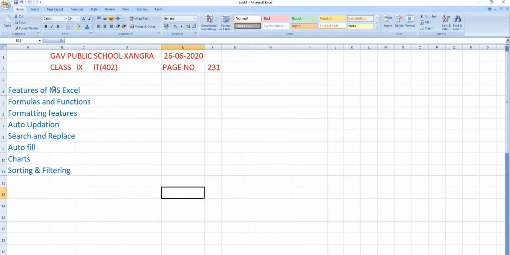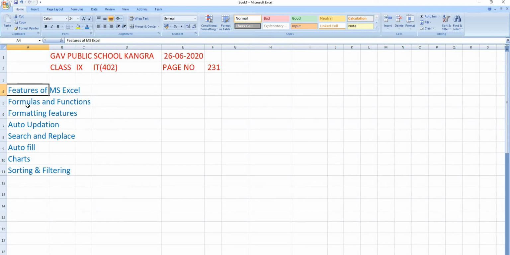MS Excel provides us many features which can be used to manage our data. We can store data, we can create charts, we can do calculations here, and we can sort and filter our data. So first we will discuss features of MS Excel according to your book.